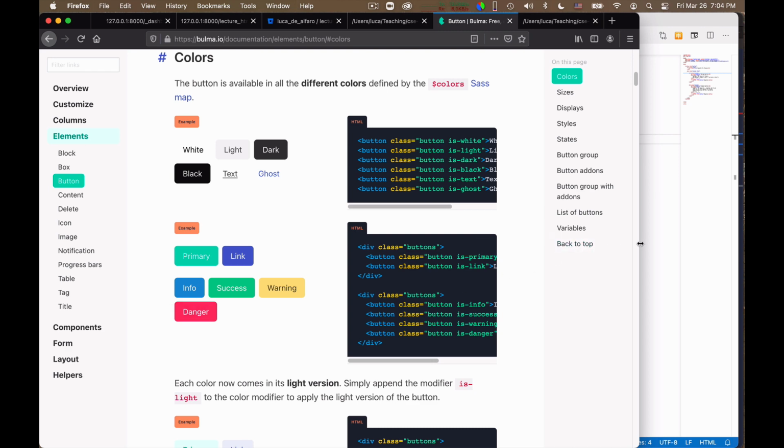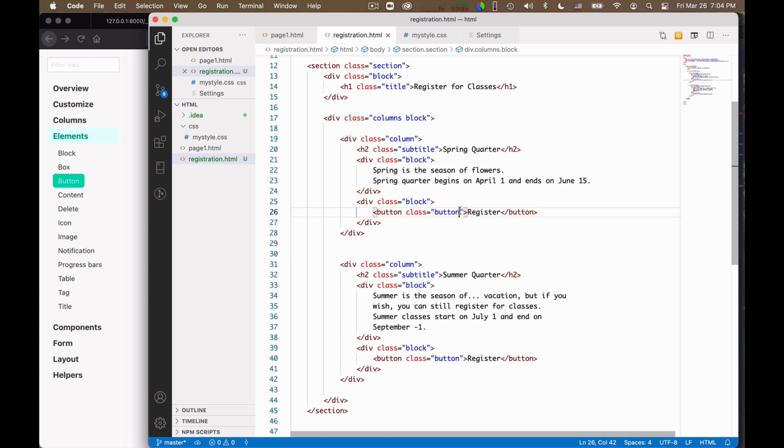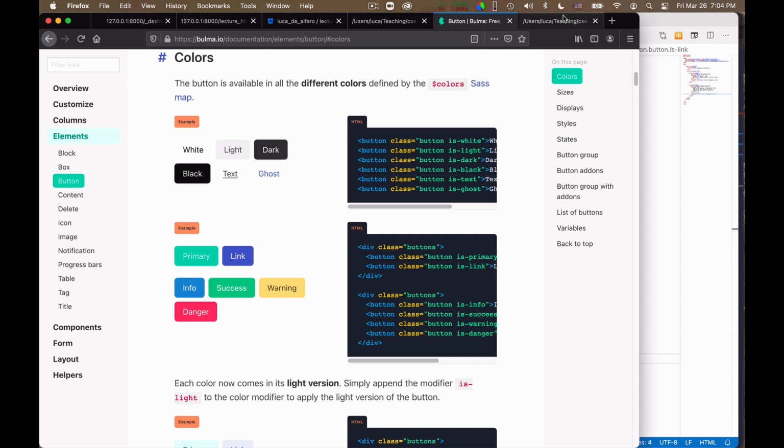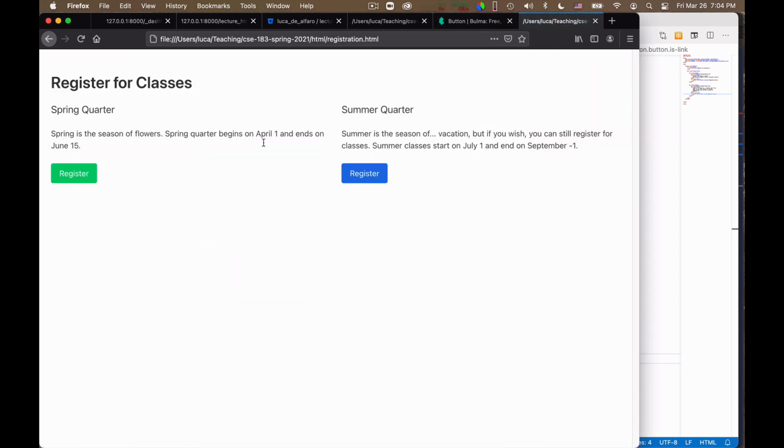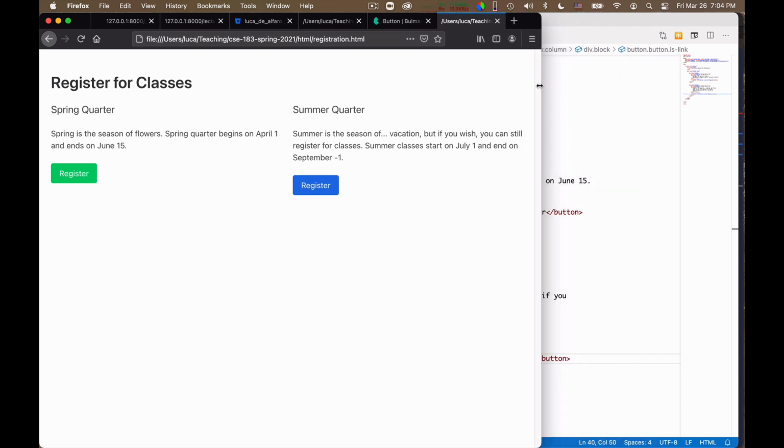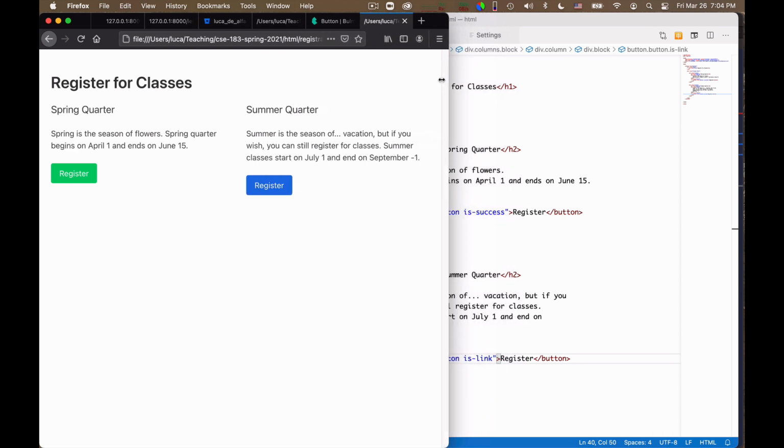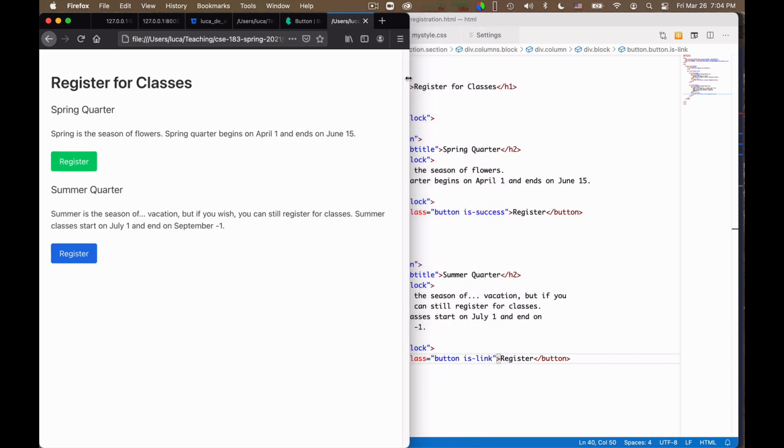But here we will just use them, and so here in the first button I will give it class is button and also is success, and here class button and also is link. Okay, and so if I do this and I reload, it seems I have one, because this is the same as that. Unfortunately, it's not quite true. I haven't quite won yet, so if I squish these, look at what happens. I squish, I squish, I squish, and then they go one below the other.